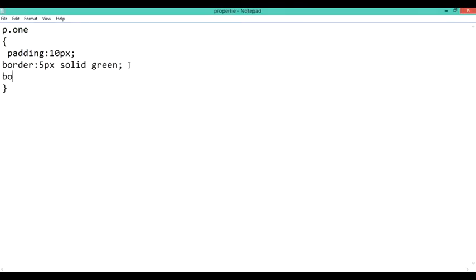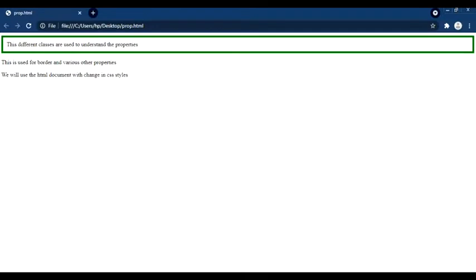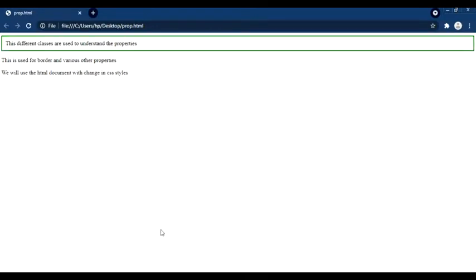So here we can also give the border style by just giving the simple border style, and we can also maintain a border width. So here you can see I have written a border width that is 2 pixels. Whenever I use the border width, that is the number of pixels that I want to use. So when I refresh the page, you can see the width of the border has been decreased as